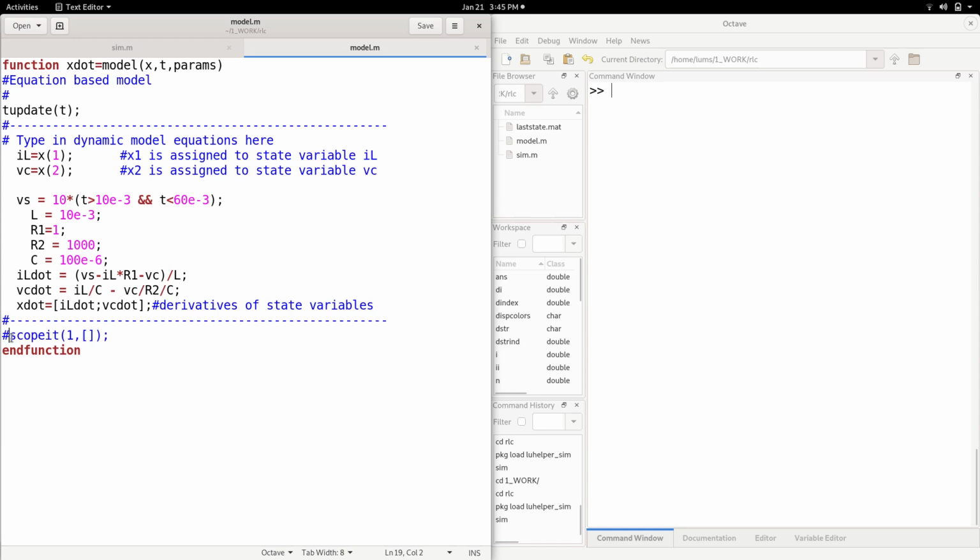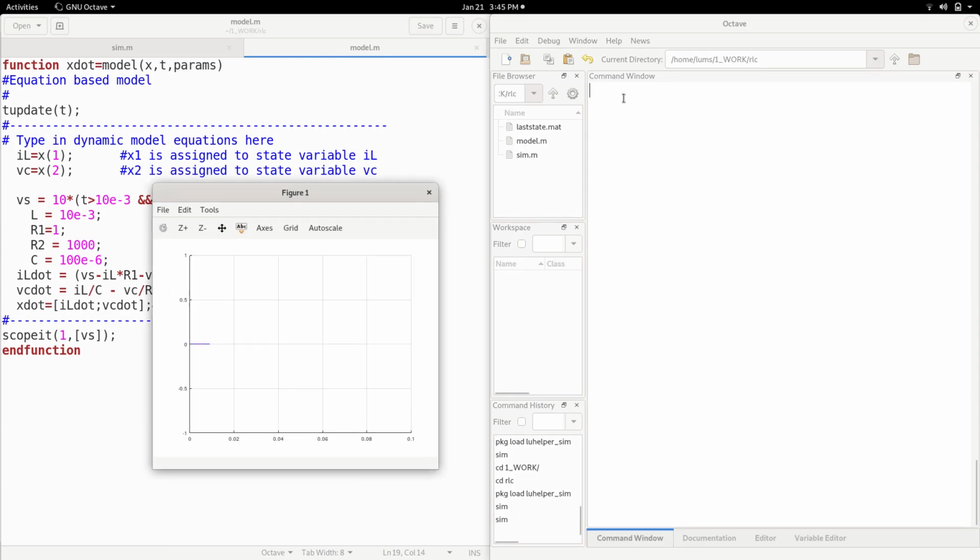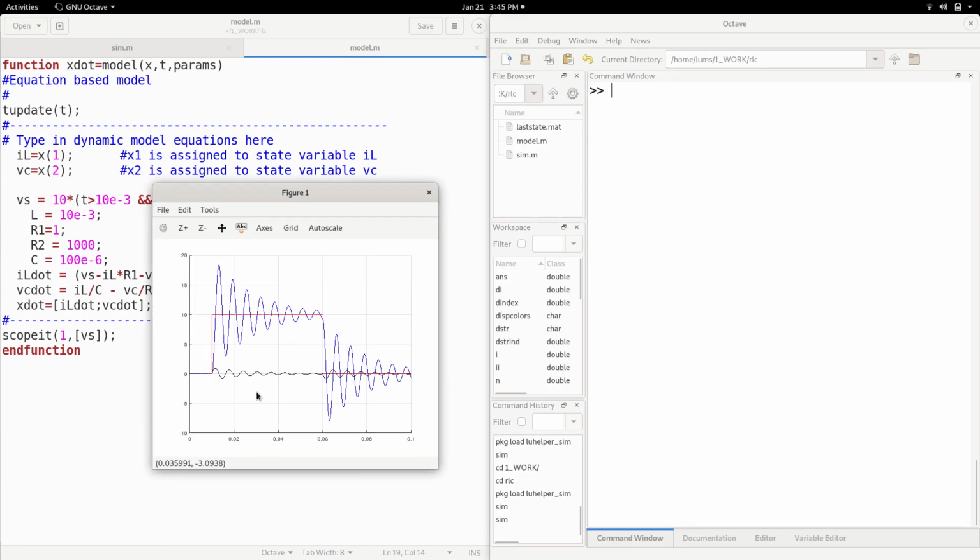So you scope Vs. I uncomment it and put in the array Vs as one of the variables to see. Save that, and then you can re-execute sim, and you will see that the third variable now appears. The third variable, in red color, is the input variable